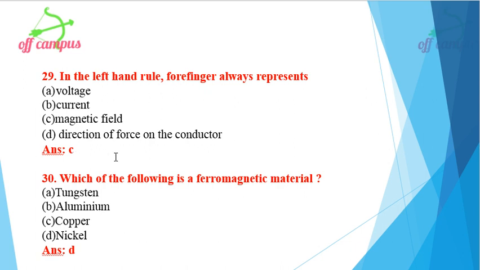Okay. Which of the following is a ferromagnetic material? Tungsten, aluminium, copper, nickel. In that, which is the ferromagnetic material? Option D, nickel. Okay. Then